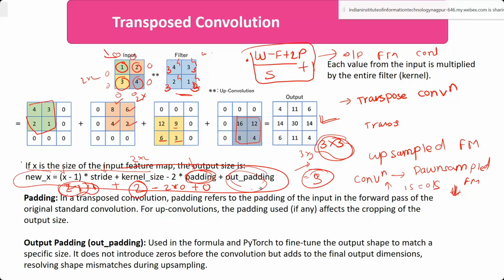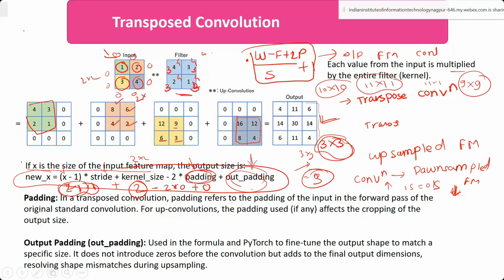And what about output padding? Suppose I have generated this image and maybe there is a possibility that I have generated a 10 by 10 size image or 11 by 11 size image. So I don't want to consider all 11 by 11 columns and rows. So I have decided to reduce this dimension. I only consider a 9 by 9 image. So that is decided based on this output padding, how much data to be considered. So that denotes the output padding.